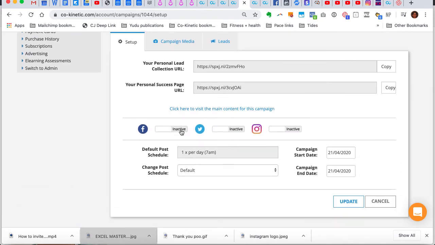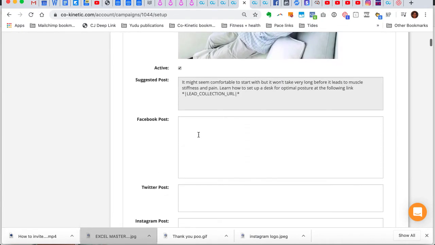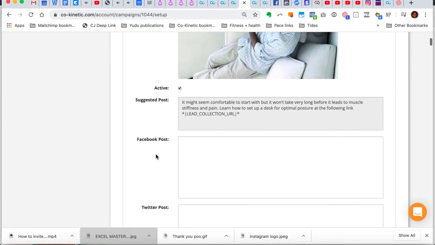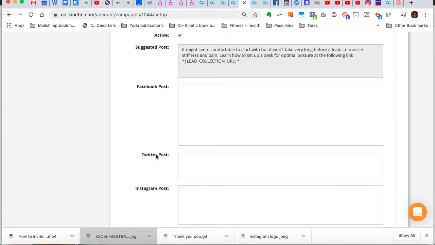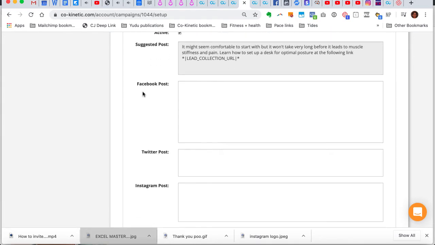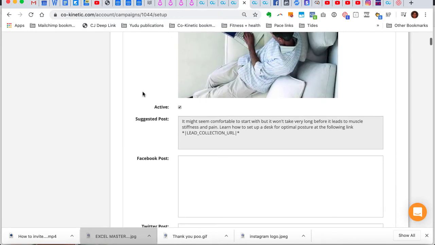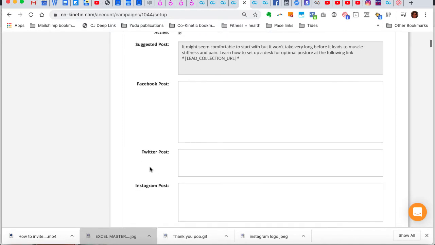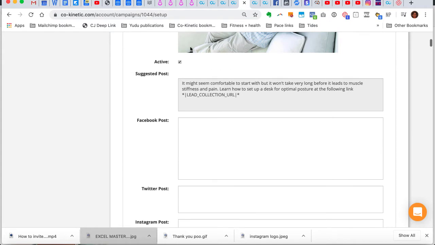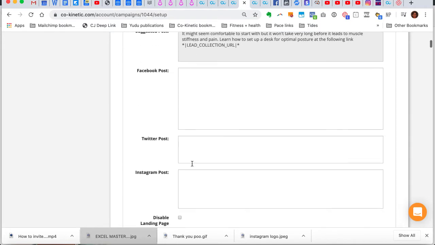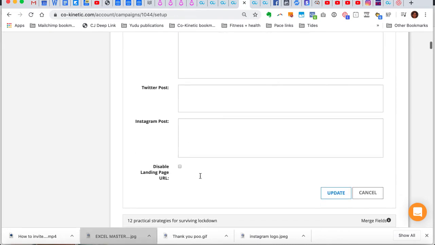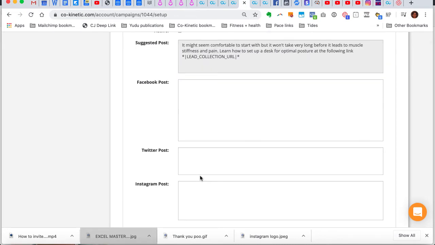You will have, for example, one or more of these active, but there will be text missing in the corresponding text box for one of the posts, and the post will be active. So if you have, for example, all Facebook, Twitter, and Instagram selected, and you have the active tick box on there, and there is no text in those boxes for that active post, then that will stop your campaign from